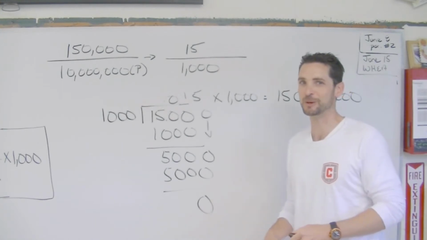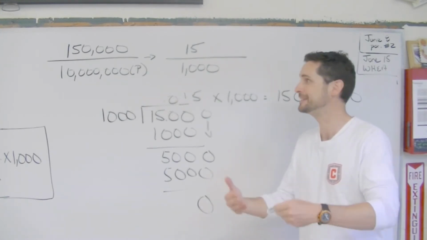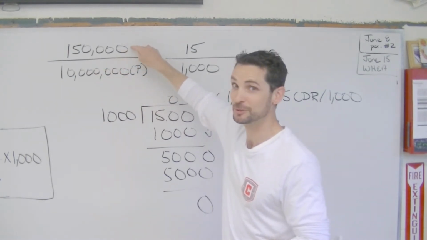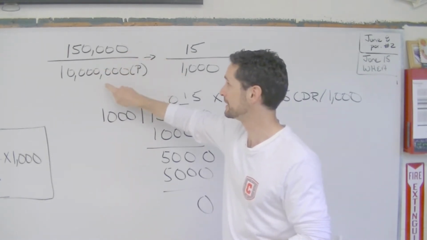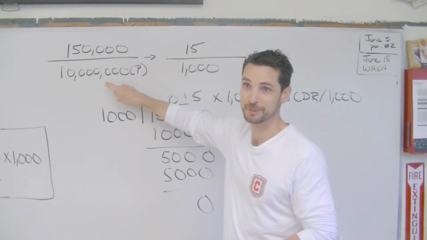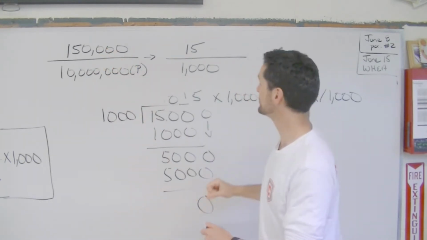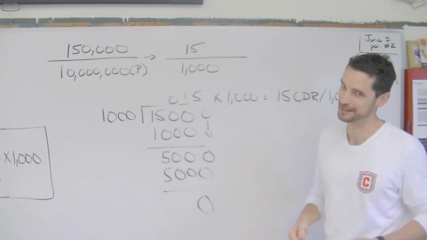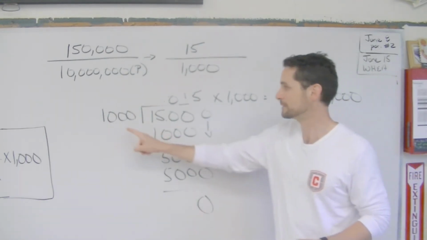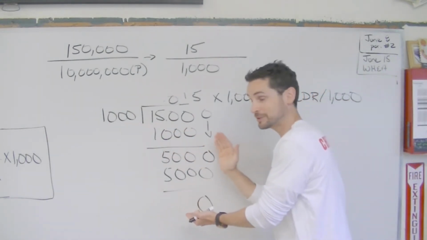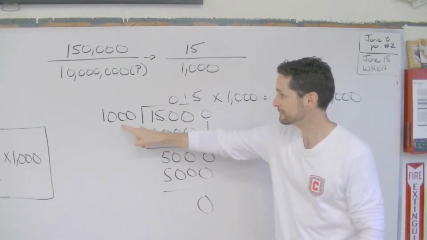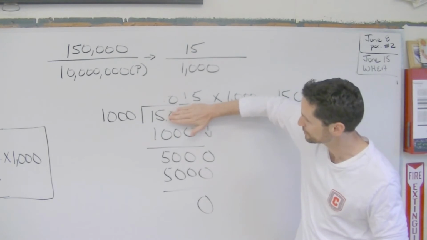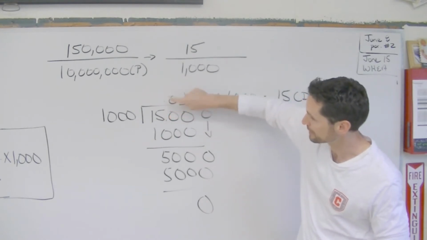All right, Chieftains, welcome back. Let's see how you did with your crude death rate. You should set it up like this. It's the number of deaths, which was 150,000, divided by the total population, which was 10 million. After you eliminate your zeros, you end up with 15 divided by 1,000. Your setup should look like this: you have 1,000 on the outside of the box and 15 in the box. Ultimately that's too small, so you've got to put your decimal places there,